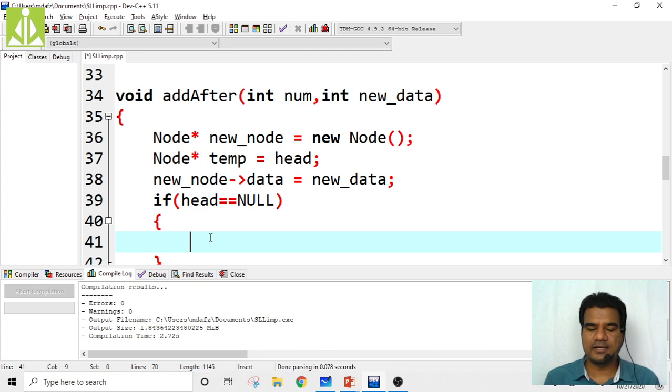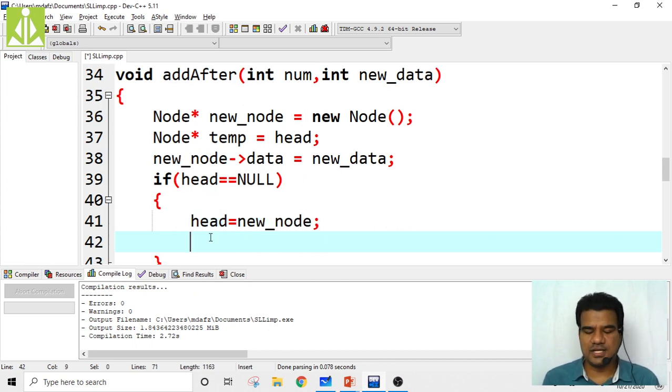So how can we do that? Head equals new node, then new node of next equals null, because if the linked list is empty and you are inserting this new node as the first node, then the new node will become the only node available inside the linked list.